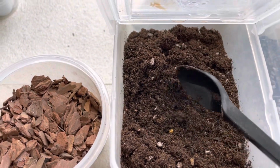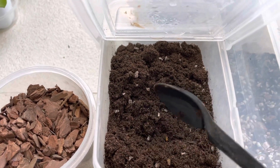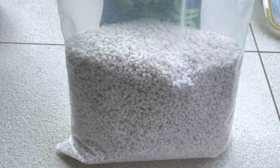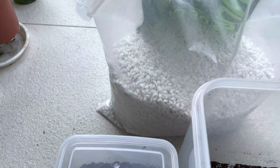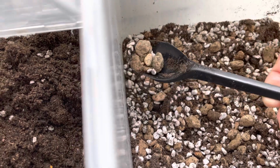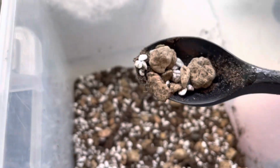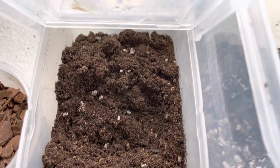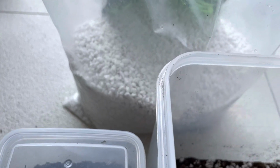So what I do is I would usually take 1/3 of this together with 1/3 of perlite. You can use any brand of perlite here, and pumice. As you can see, I don't have any pumice left, but this one is the one that I already mixed in the mix. These are pumice. So what I do is I will mix 1/3 of the cactus potting mix, followed by 1/3 of perlite, and 1/3 of pumice,